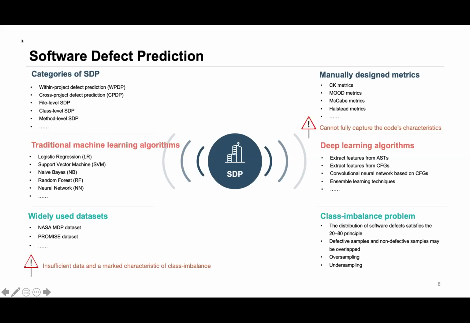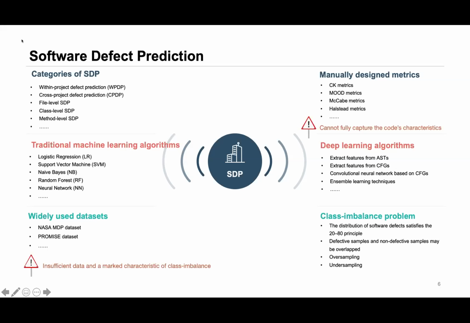However, a serious problem is that static code metrics of a defective and a non-defective code may be numerically identical, since defect characteristics are often deeply hidden in the complicated semantics of code context. It is arduous for code metrics to fully capture these characteristics.